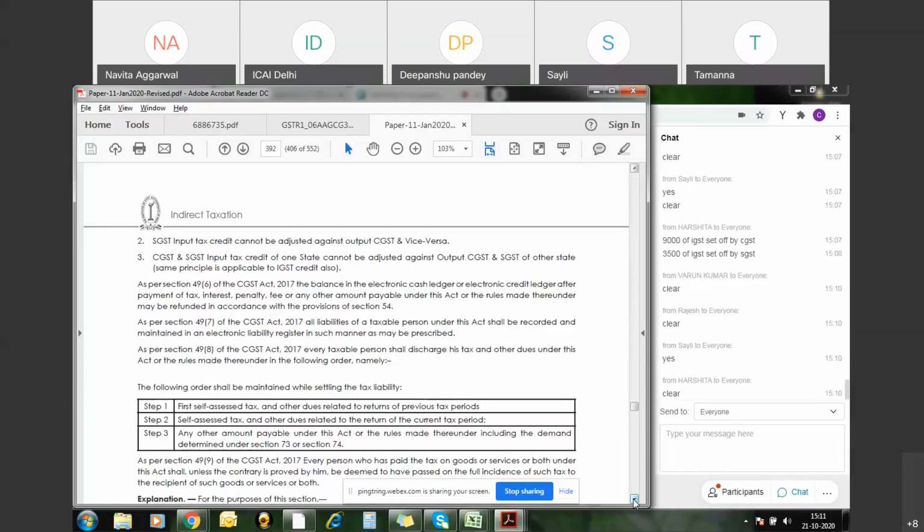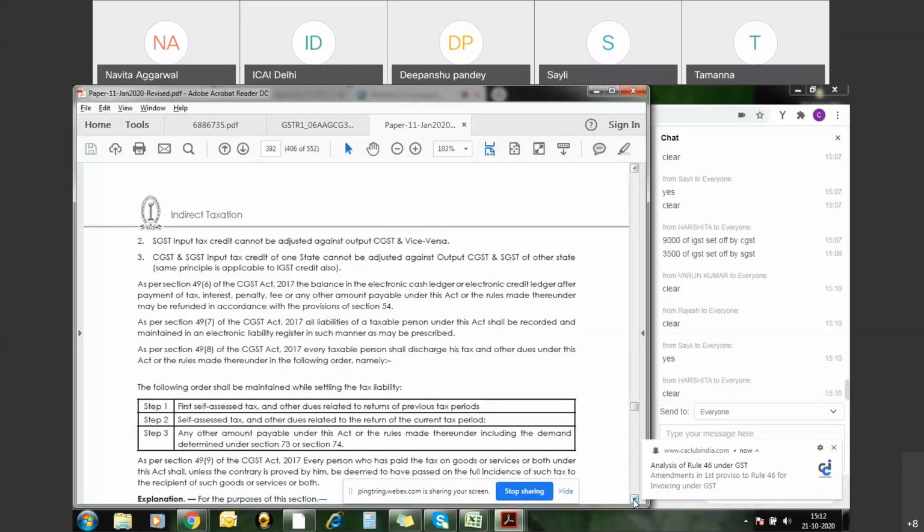That means they are simply talking about, if you are into the winding up stage, or if you want to revoke or cancel your registration, whatever balances are still lying in the credit ledger can be taken as a refund from the government. So once you wind up or cancel, the account gets settled with the GST department, as per the provisions given under section 54. Hope this section is clear.